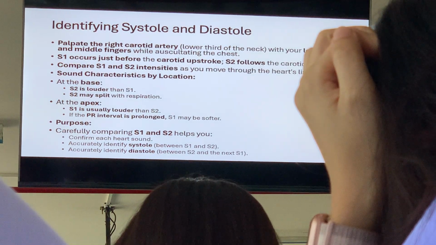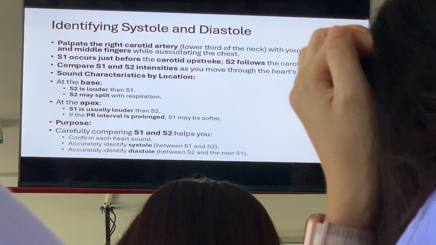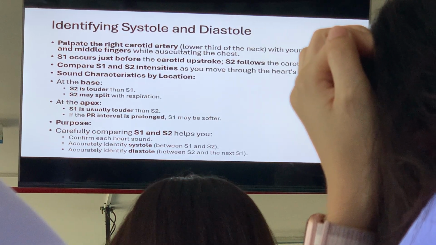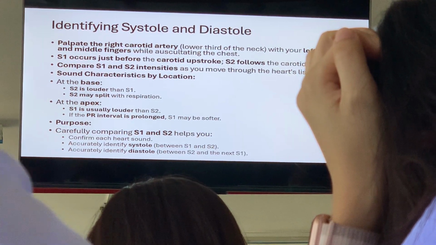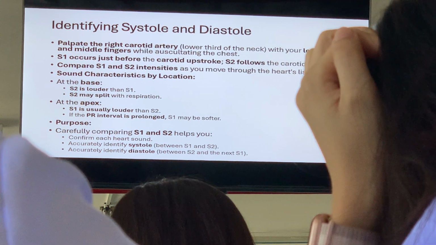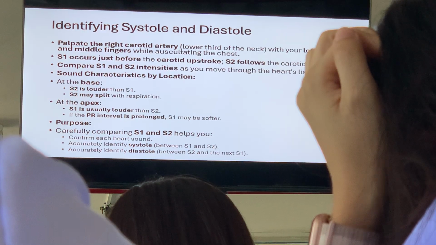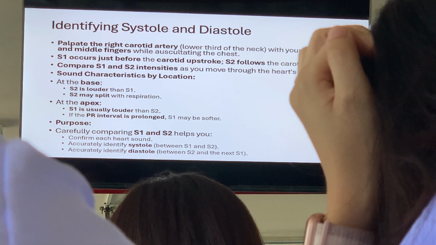So how do you identify systolic and diastolic? As I mentioned earlier, you palpate for the right carotid artery. It's so hard when you do not have a stethoscope. This will make sense when you do your clinics later on. But what you do when you listen to the heart, I suggest you put it at the 5th intercostal space at the mitral area, and then while you're simultaneously pressing, you palpate the carotid. If the heart sound coincides with the carotid pulsation,